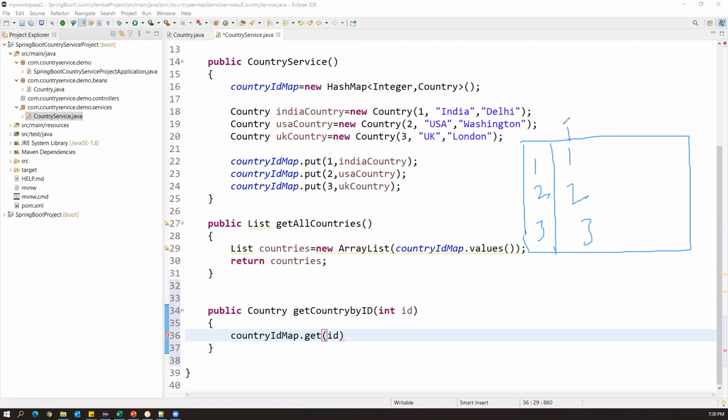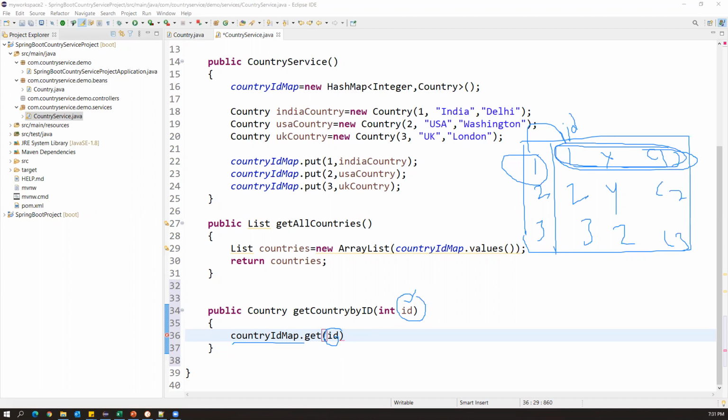These are the IDs of the countries, and let's say XYZ, these are the names of the countries, and here capitals of the country. So when I pass this key, what happens? The whole object will be returned. Here, when I pass this ID, the ID and key are both equal. So I'm getting the country ID. When I pass the country ID into this hash map, what will this return? The whole object, the country details, will be returned.